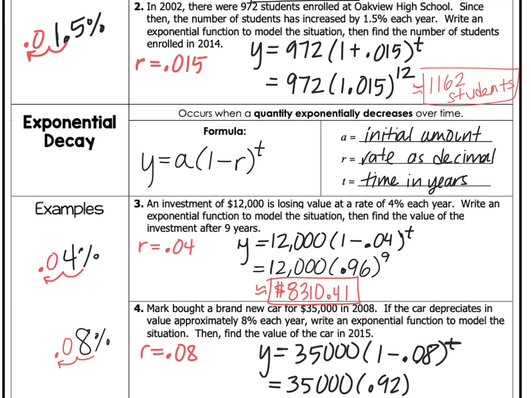How many years is that? 7. Okay, your car is not worth so much anymore. 19,000. All right. Check it when you think that you have it, please, and